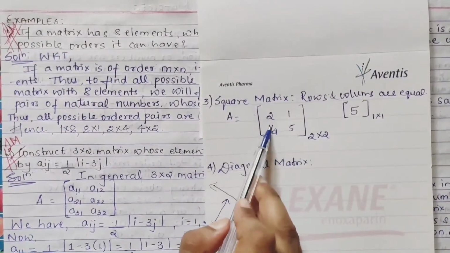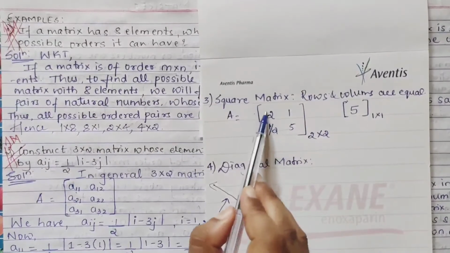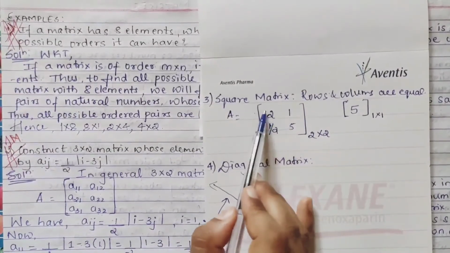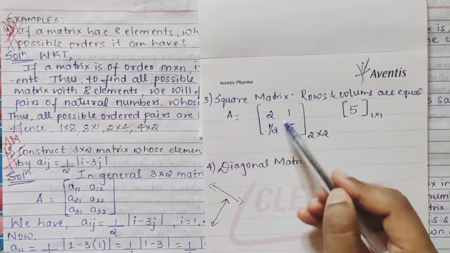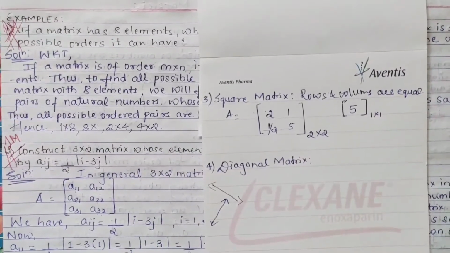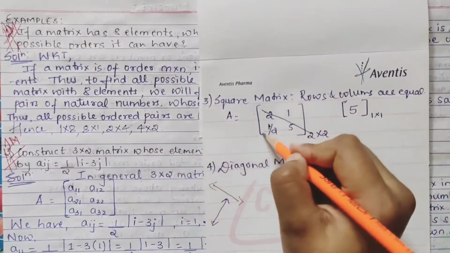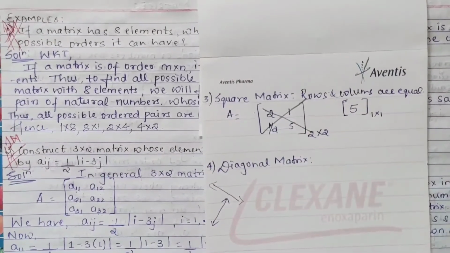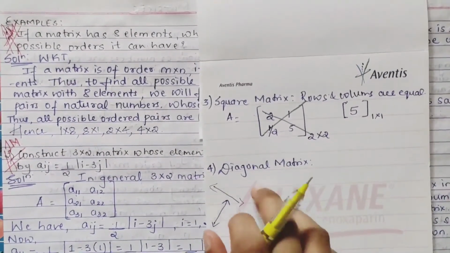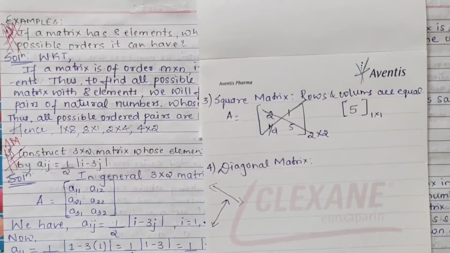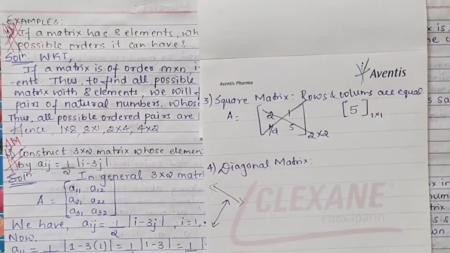Now suppose you can see this square matrix. This is a diagonal, and both are opposite to each other, meaning diagonal. Here also these terms are called diagonals. This line passing by is called a diagonal. Like this, if you are crossing it, it is called a diagonal. So in a diagonal matrix, what does this suggest? Diagonal matrix tells,